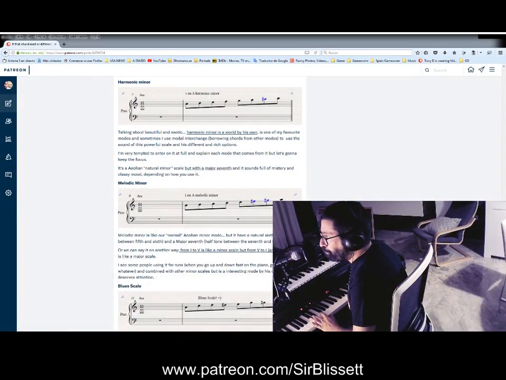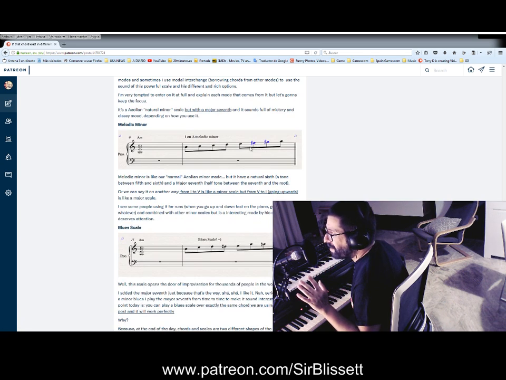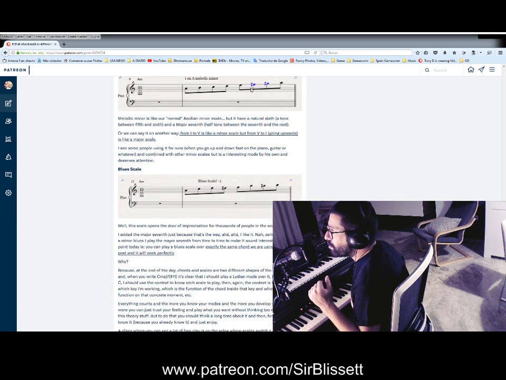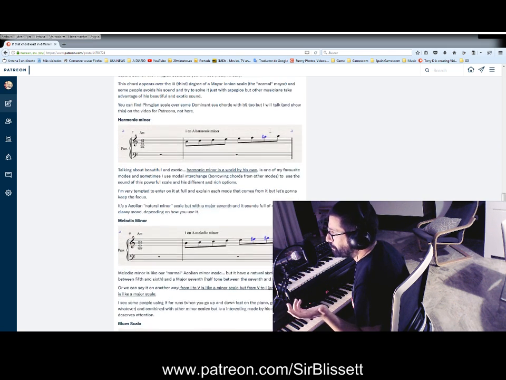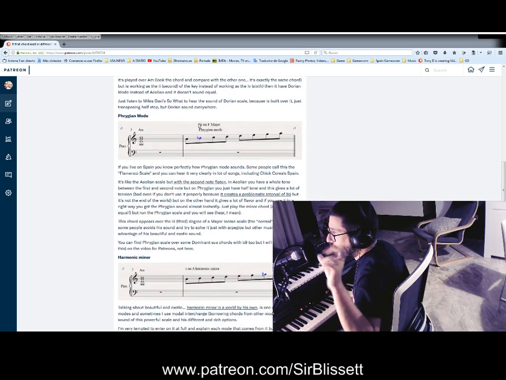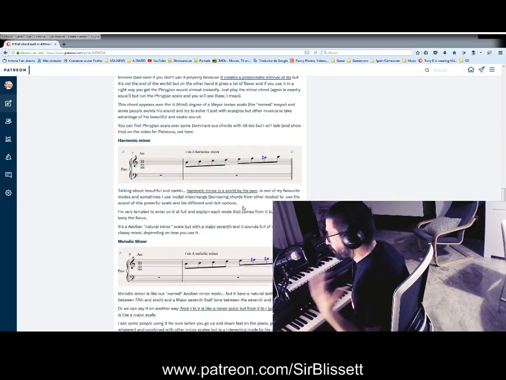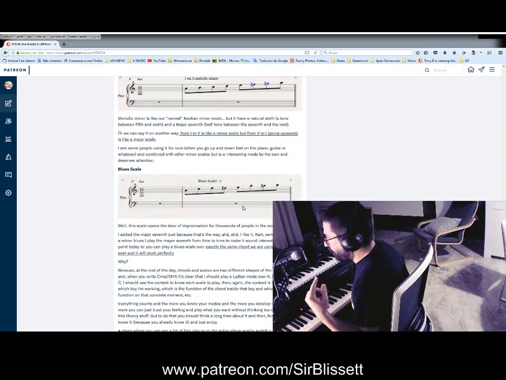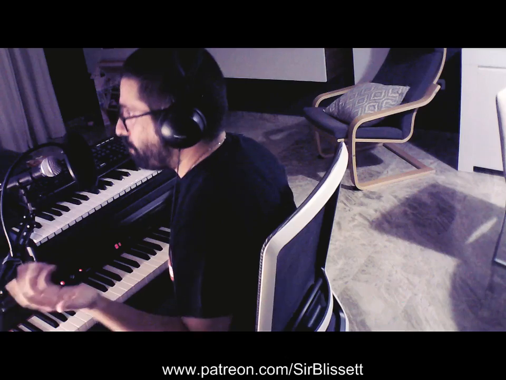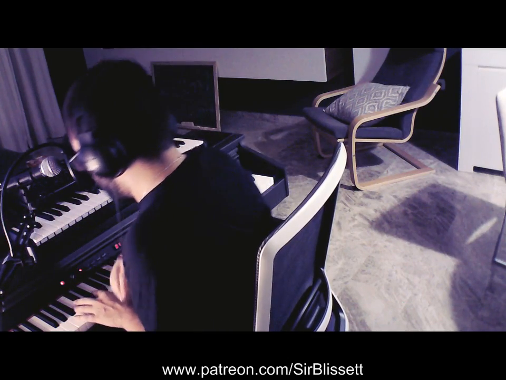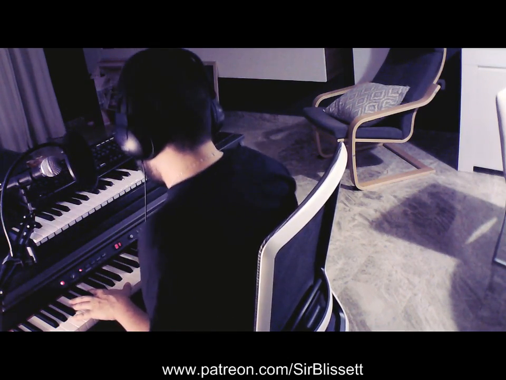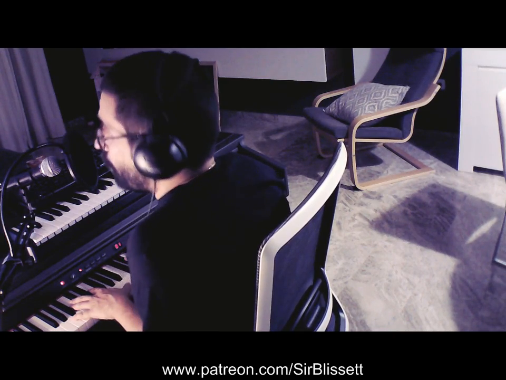Anyway, the most important thing is not to learn this. I put here in blue the notes that make the scale different compared with the natural one. But it's just theory. What I want is for you to hear it and know what it is. And of course, the blues scale. This is a must know for everyone that wants to learn how to improvise.